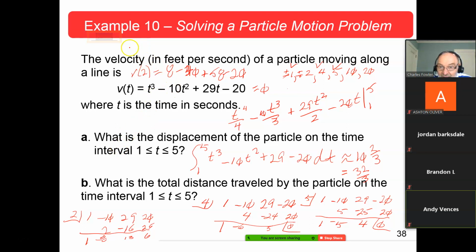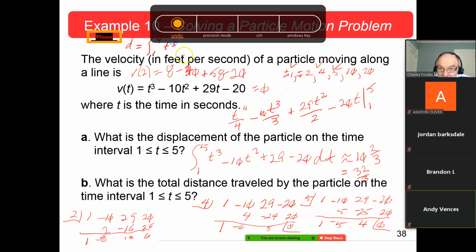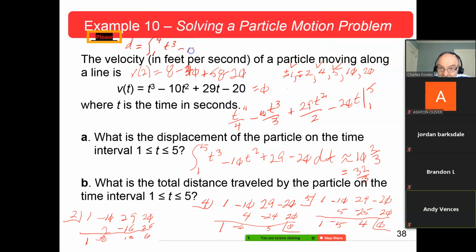The total distance, I'm just going to call that d, is equal to the integral from 1 to 4, that's where it's positive, of this thing, t cubed minus 10t squared plus 29t minus 20 dt plus,